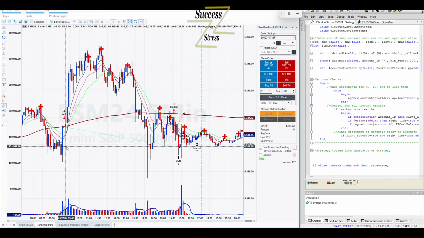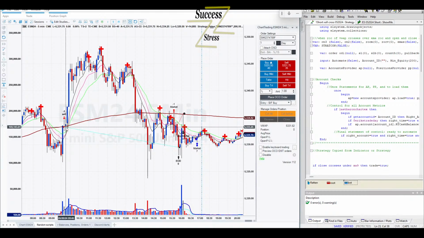All right, so again, this script here. Now what have we got? This script takes a short when the close crosses under the non-exponential period moving average. Now it's not going to take every single one, depending on where your stop or your take profit is. Actually, it didn't even take profit here. It waited to the end of the day. I don't know what it was waiting on. You know what? It was waiting on some large move. I bet the ticks, right?